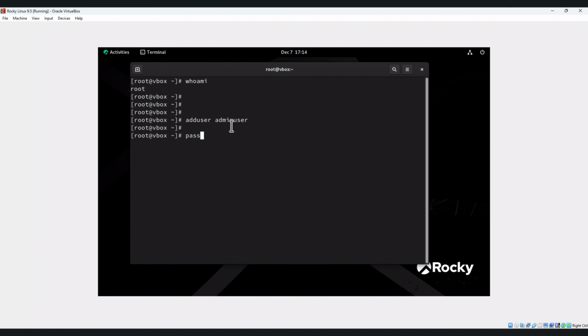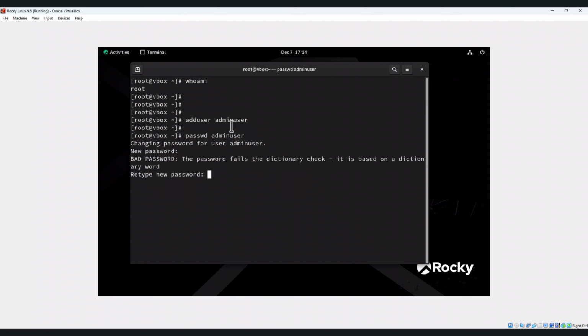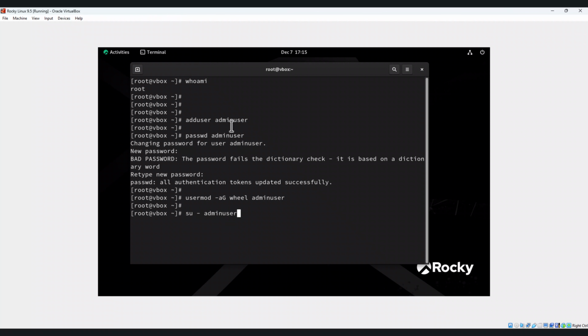Let's set a password for the admin user. Retype the password. Finally, add this user to the wheel group to grant sudo privileges. For that, run the command usermod. So let's switch to this user